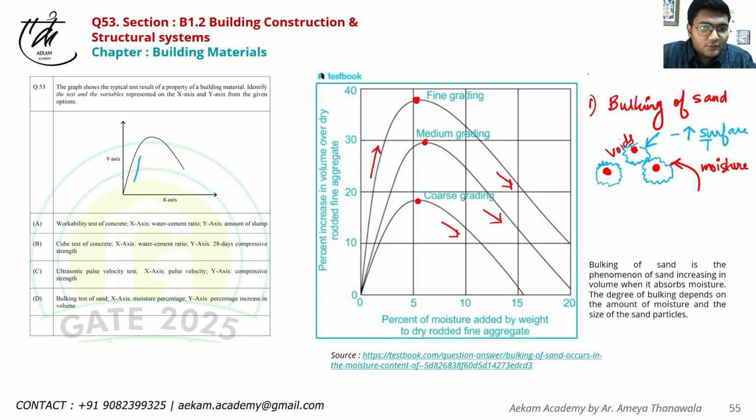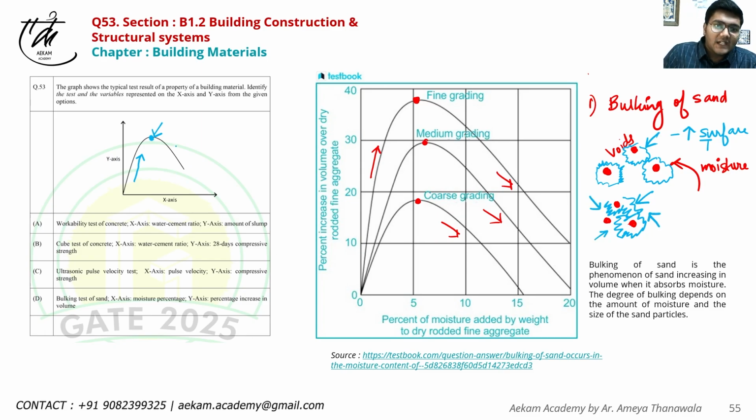So in the graph we will see, even in this graph your volume is increasing till a point where it reaches full saturation, meaning it is so saturated that if I add moisture to it again, this surface tension will start rupturing. Now what will happen is, suppose this is our sand particles, the water will start filling the voids which were present. So because of that, your sand particles will start packing in because of the force and